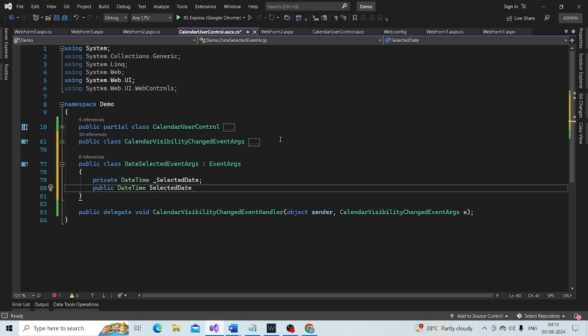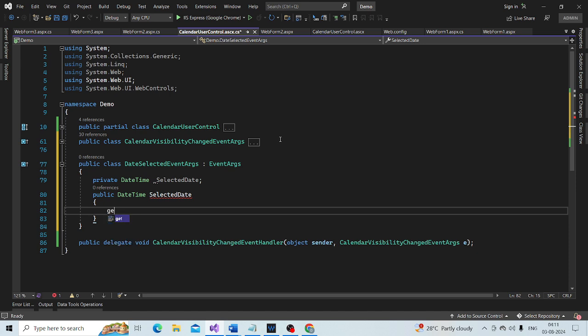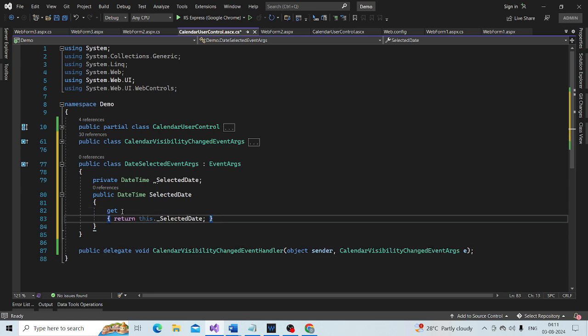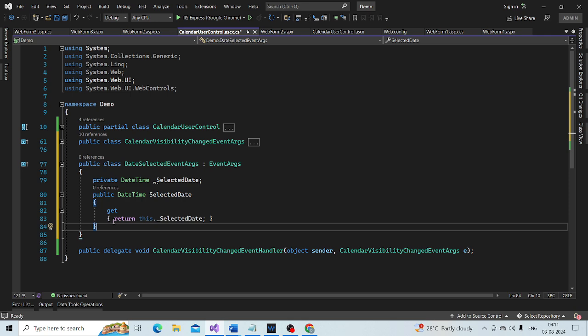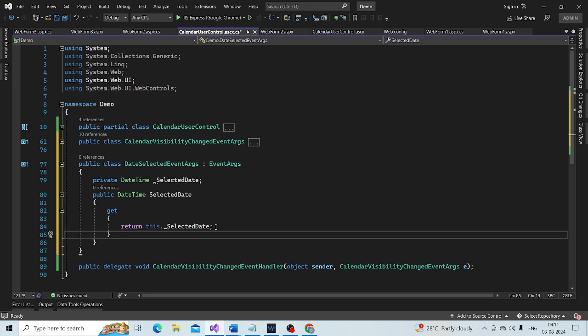It is going to be a read-only property, because we don't want to allow the user to change this property from outside. So return this._selectedDate.